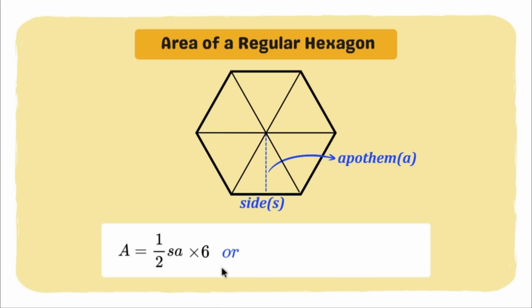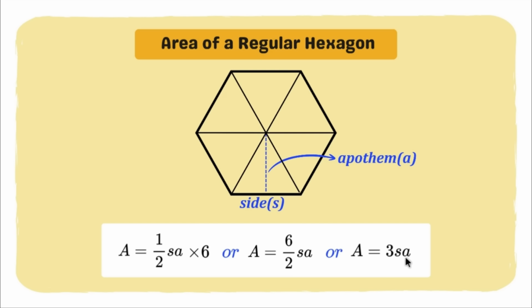Or if we want to simplify the formula, it will be 6/2 times S times A. Okay, remember 6 times 1 is 6/2. Ngayon, pwede pa bang i-divide ito or i-simplify? Yes, para mas simple pa lalo, magiging area of a regular hexagon is equal to 3 times the side times